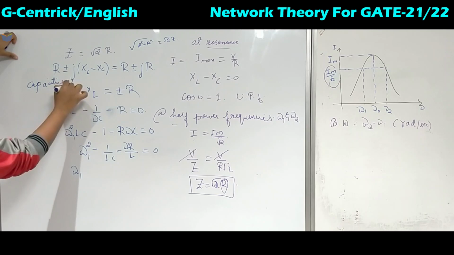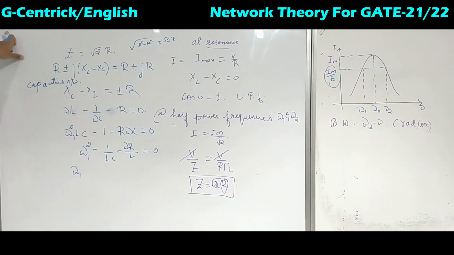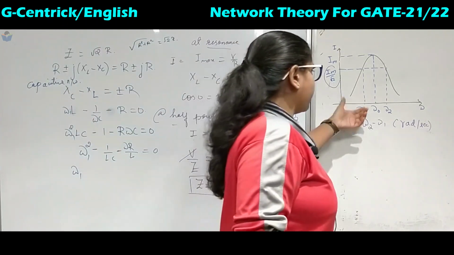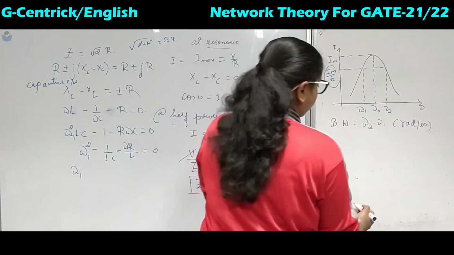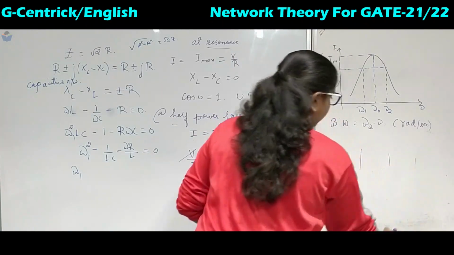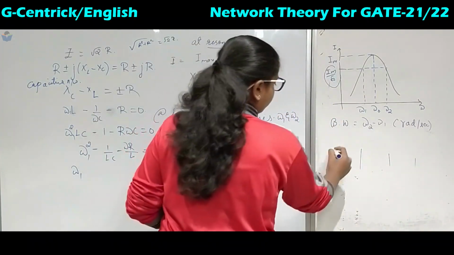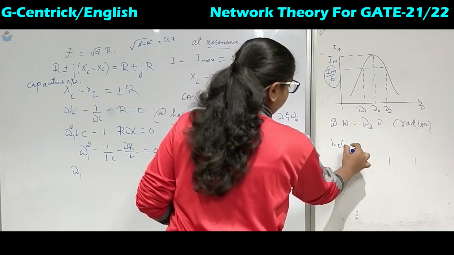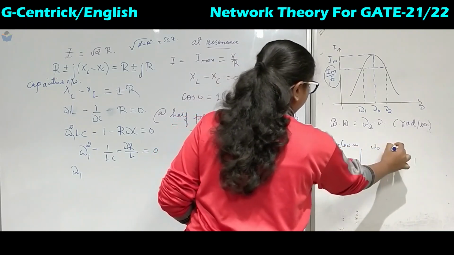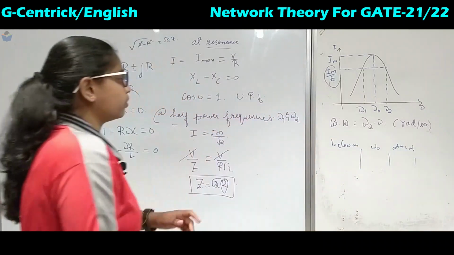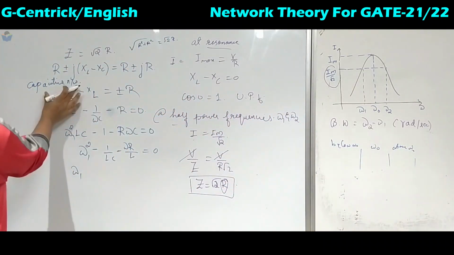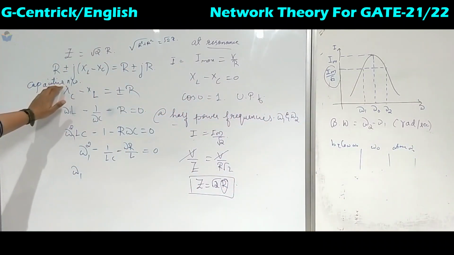Okay, at omega c it will be a capacitive network. Sorry, it's not at omega c, it's at omega 1. What will happen? There is a lower frequency, right? We have seen in the previous graph we had made 3 tables. In the 3 tables we have written below omega naught, at omega naught, and above omega naught. So in this column it was a capacitive network. So first we will calculate for the capacitive network.